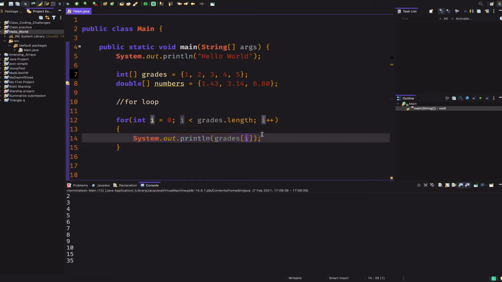It'll start at 0, and then once it's reached the end of the for loop, it'll do this check again. It'll say, is i less than grades.length? So is i less than 5 in this case, and then add 1 to i, and then it'll go again and print out that index value.